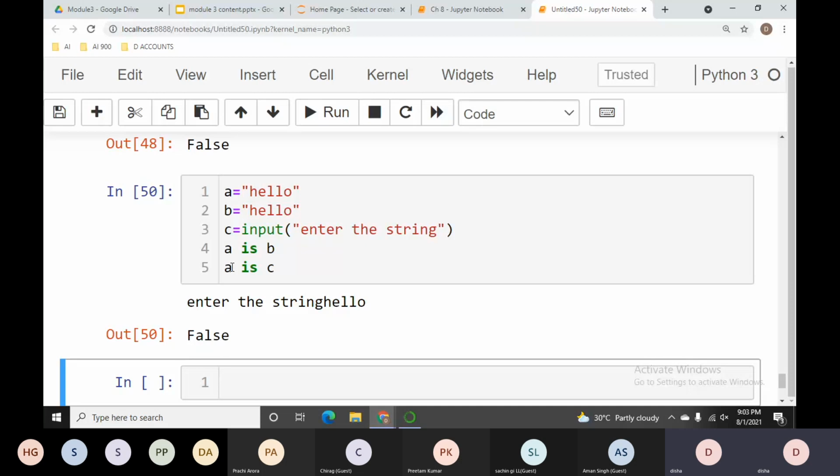Just keep these things in mind: when we talk about floats, Python assigns different memory addresses to each float number. In the string case, when we take input from the user, it may be the same as what we assigned earlier, but Python still assigns a different memory address, and when we compare the identities, we get a different result.